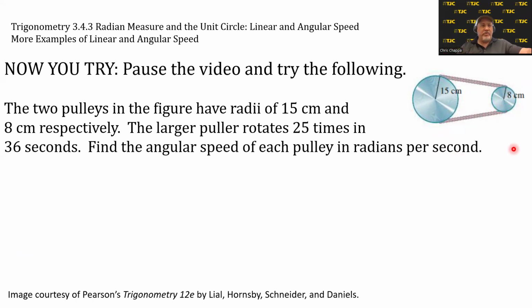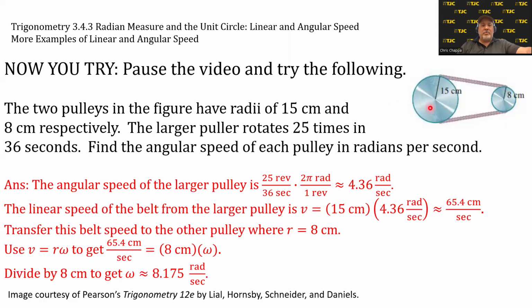If you haven't paused the video yet, here's your warning. I am going to go through this solution instead of just show it to you. We start with the angular speed of the larger pulley. We know it rotates 25 revolutions in 36 seconds, so we set up that ratio. And to convert it to radians per second, we multiply by 2 pi radians per 1 revolution and get approximately